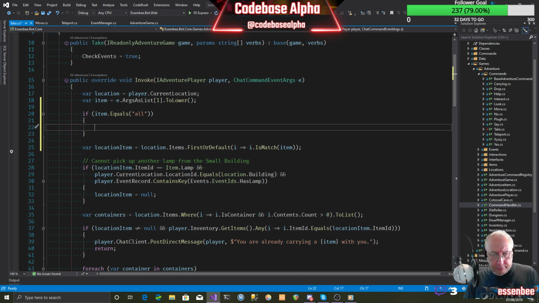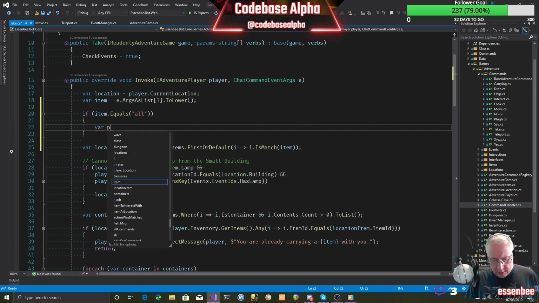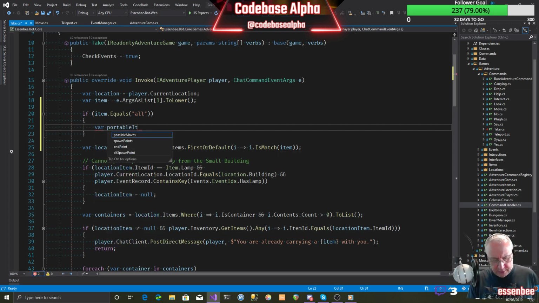So what we need to look at is all of the portable items in this location. So var portableItems is going to equal location.Items